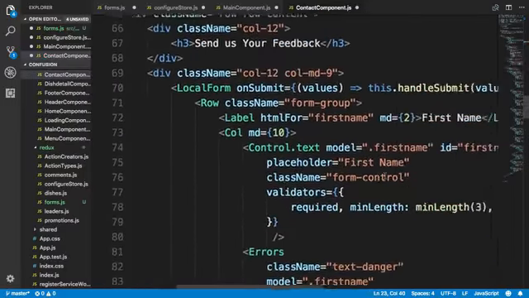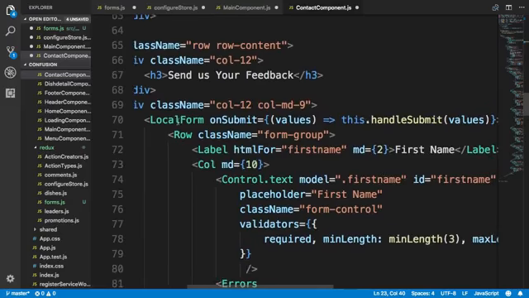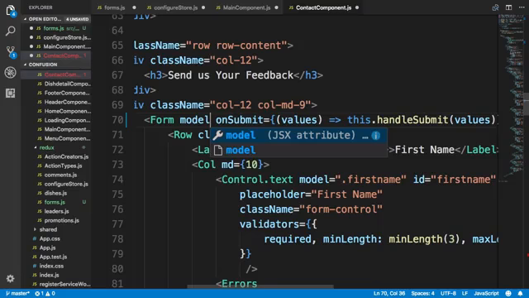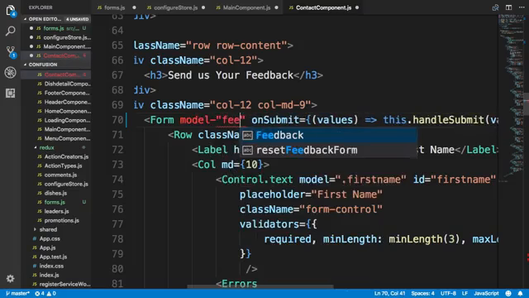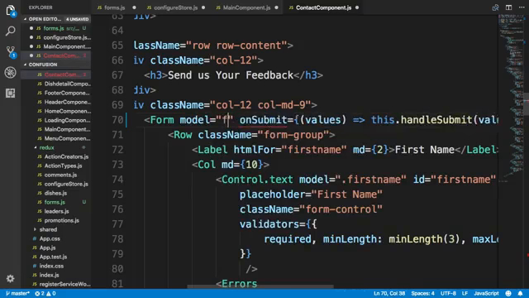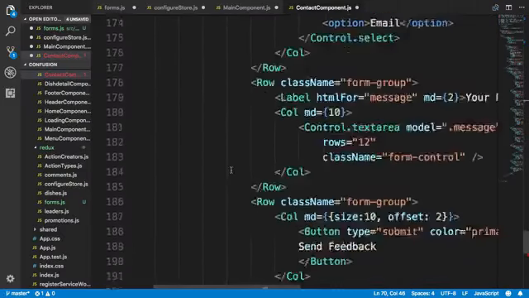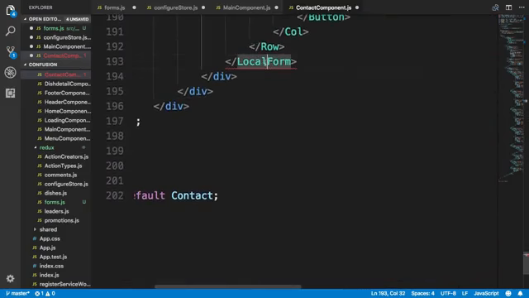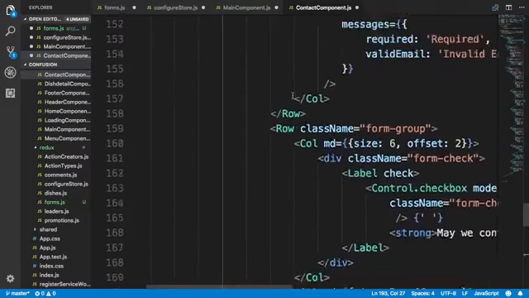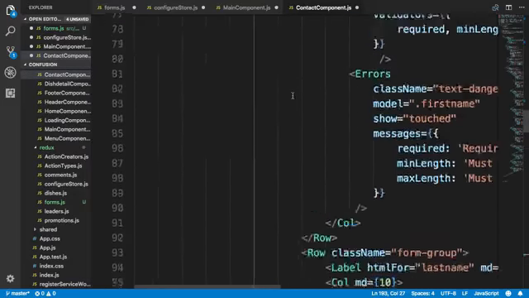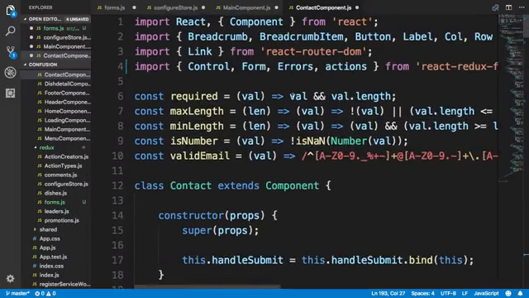Since we are not using the LocalForm but instead using the Form, I will update this to saying Form, and then we'll say model is equal to feedback here. And then going down below here, we have to update this to also just say Form. That's it. Let's save the changes and then go and take a look at the new behavior of our form